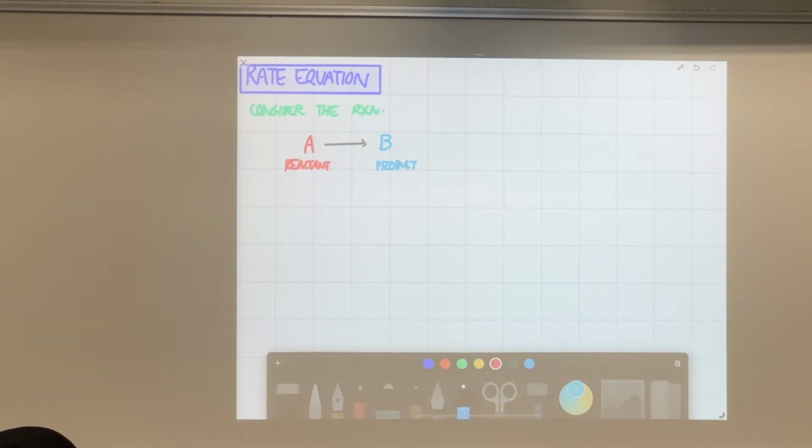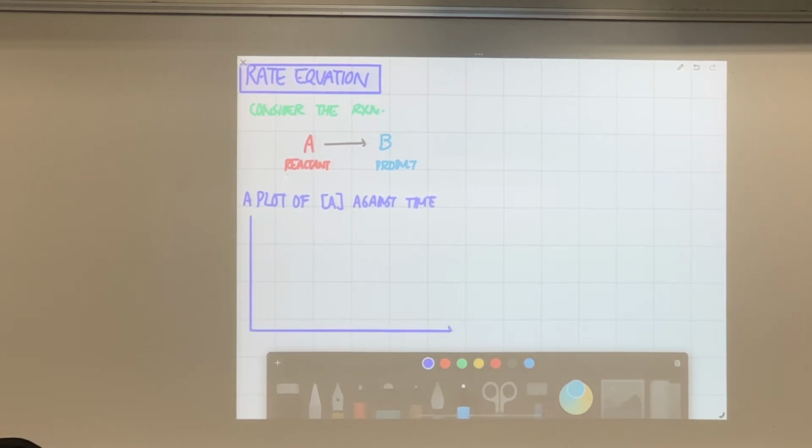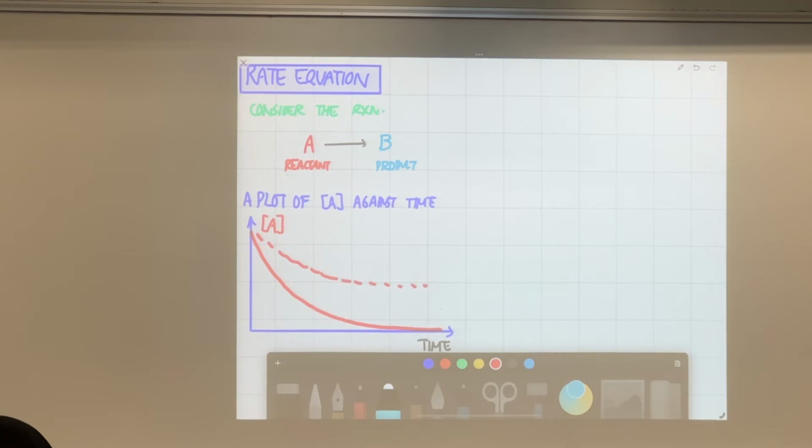So when you plot the concentration time graph of A, a plot of concentration of A against time, this is what it looks like. So you have concentration of A against time. It should fall, and this time it should fall straight to 0 because this is the only reactant. If there were other reactants, and this is the excess reactant, it will just plateau. It will not fall straight to 0. Okay, just remember that.